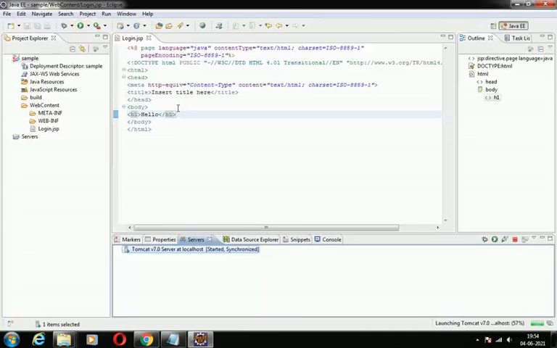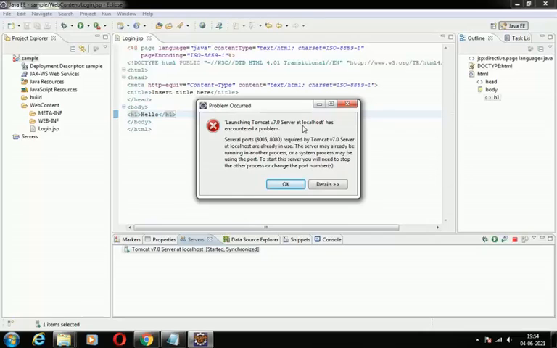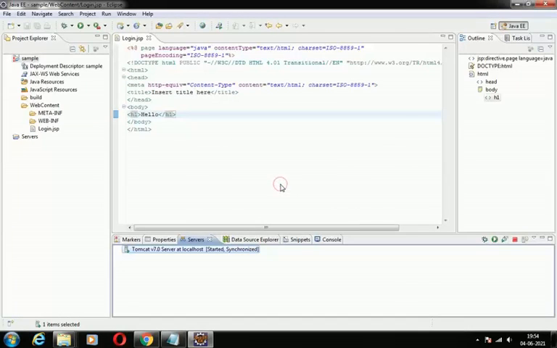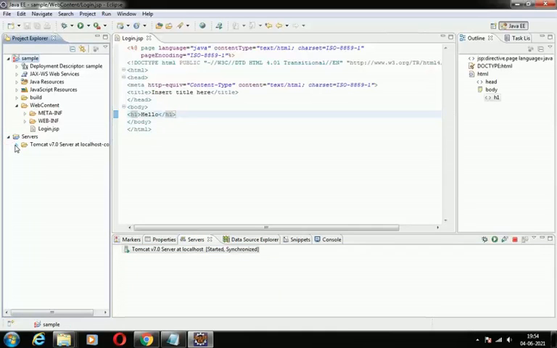Okay, now this is our web page. I have created a page called login. When you come across this type of error, like Apache server already started, 8080 is already used, in that case we need to change the port numbers. To change the port numbers, we can go to